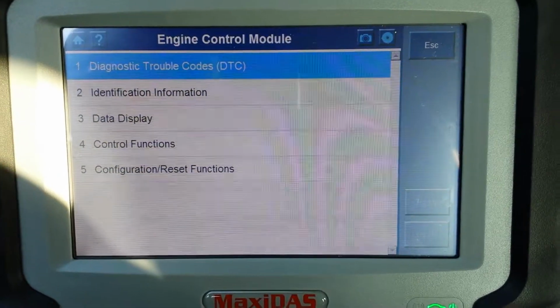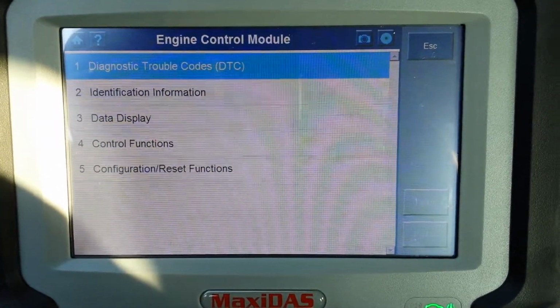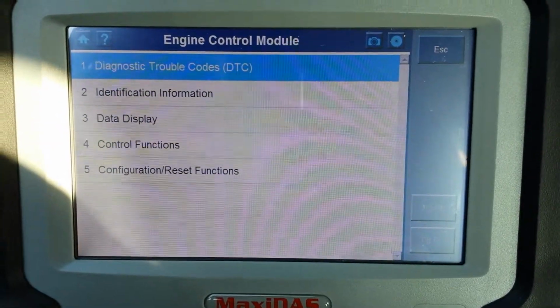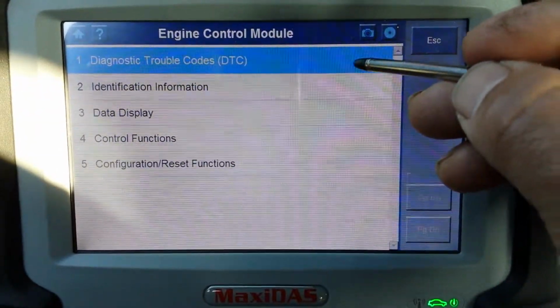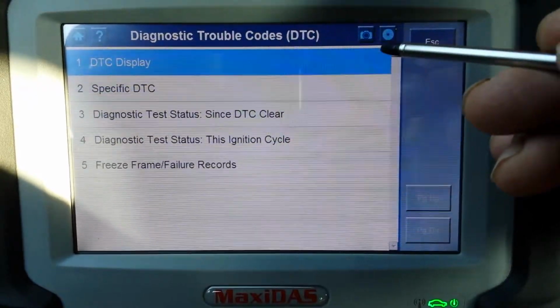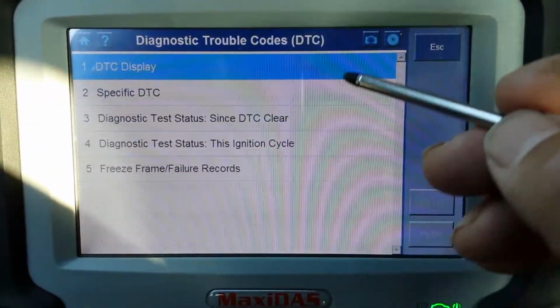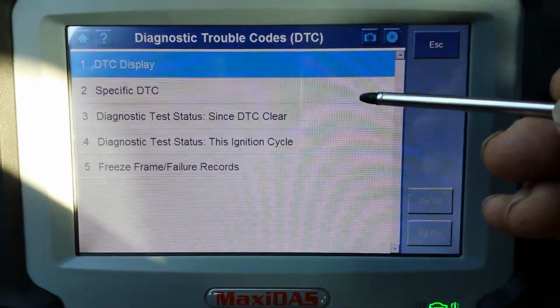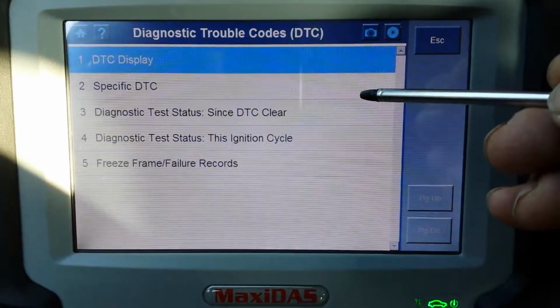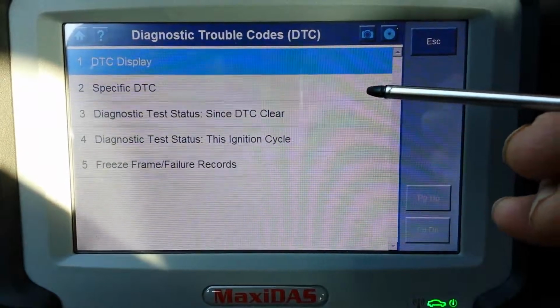Right, one of the things you can see straight away from here is that the erase codes is not on this menu anymore. And I'll show you where it is. If you go there, that is the codes. Even here, it doesn't show you anything to delete your codes. What you have is different ways to look at your DTCs. Specific DTCs is basically a search